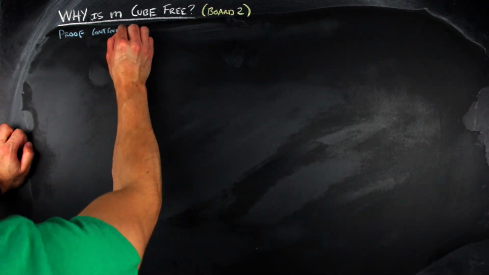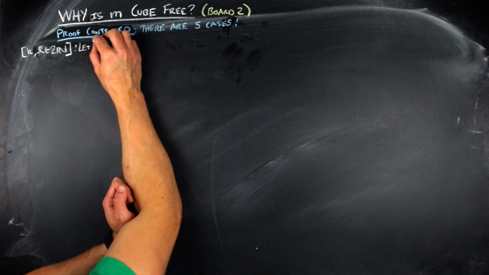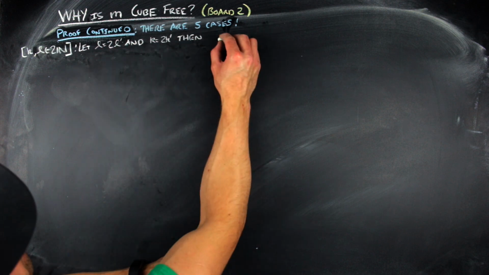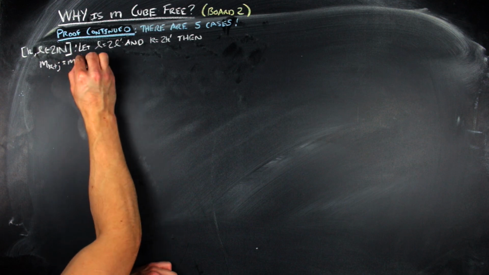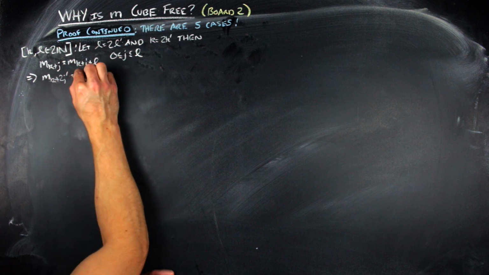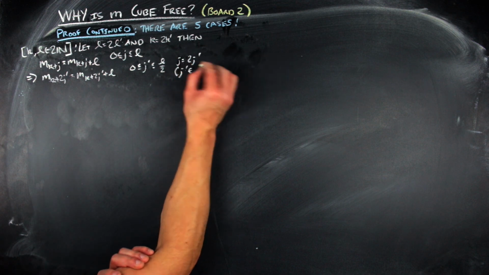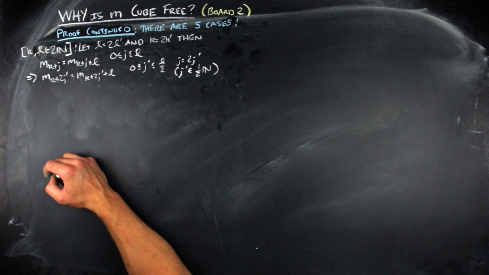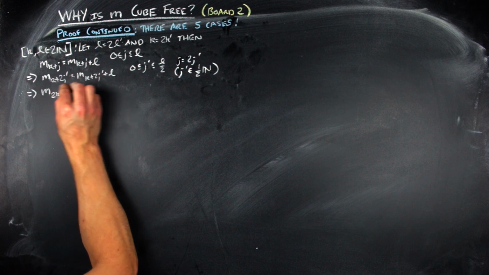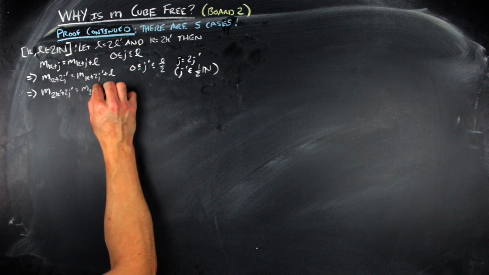So the first case is when k and L are both even numbers. In this case, we go ahead and let L be equal to 2L prime and k equal to 2k prime. Then the overlapping property represented as positions in M can be represented as these equalities between these half steps. So if instead of having J, you look at J prime, which is the half steps from 0 up until L over 2, we have M sub K plus 2J prime is equal to M sub K plus 2J prime plus L. This implies that, using the definitions of L and K that we took because they're both even